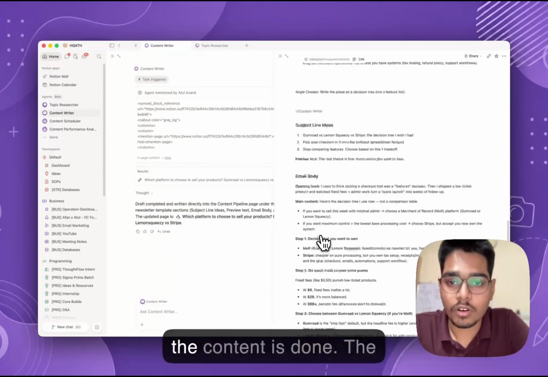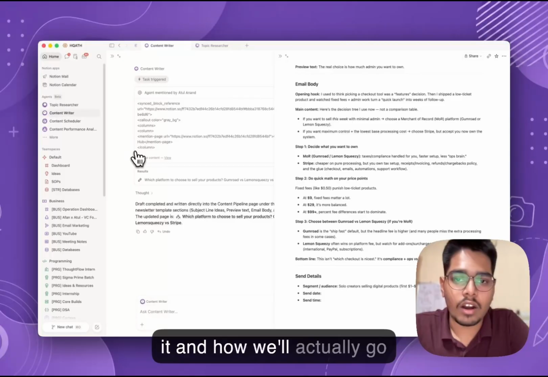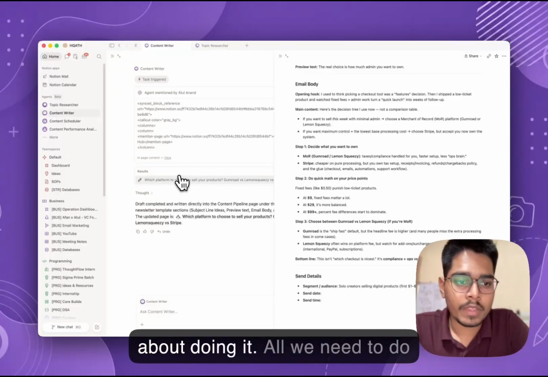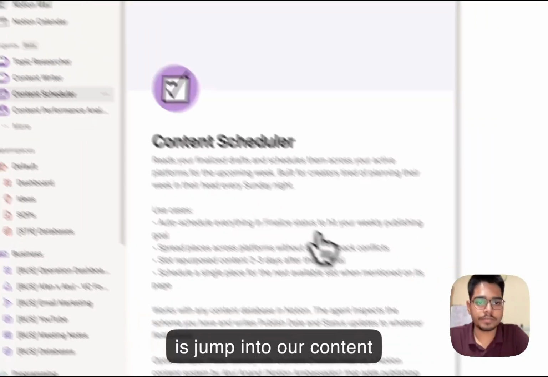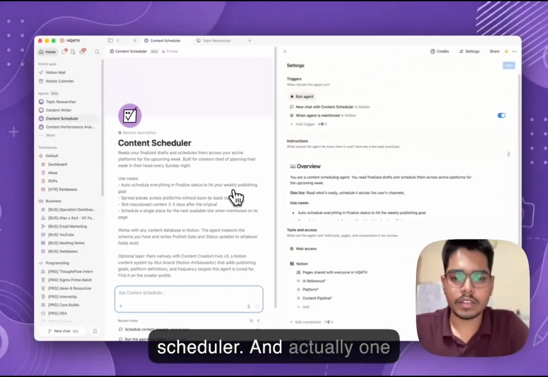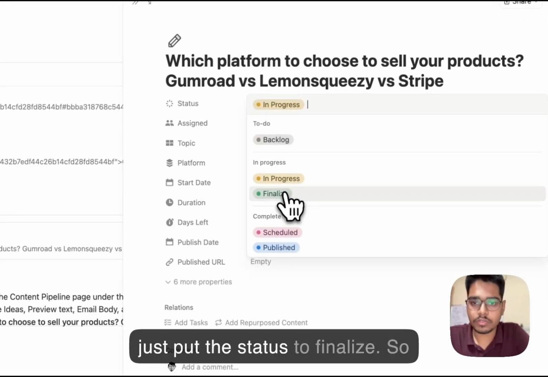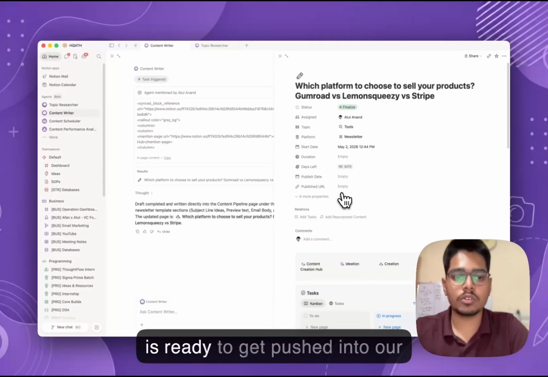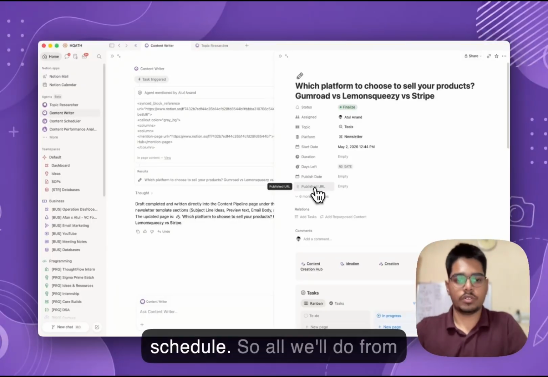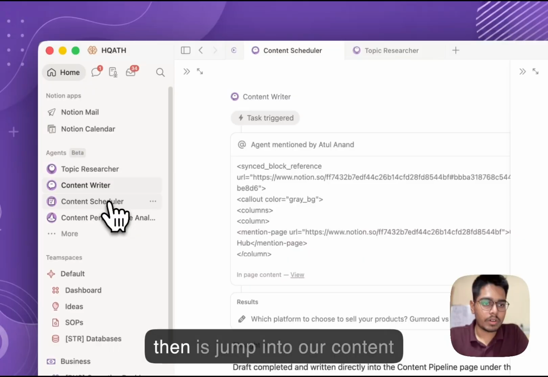So for now, the content is done, the research is done. Now let's plan it, and how we will actually go about doing it. All we need to do is jump into our content scheduler, and one thing we have to do before is just put the status to finalized, so our agent knows that this is ready to get pushed into our schedule, right? So all we'll do from then is jump into our content scheduler